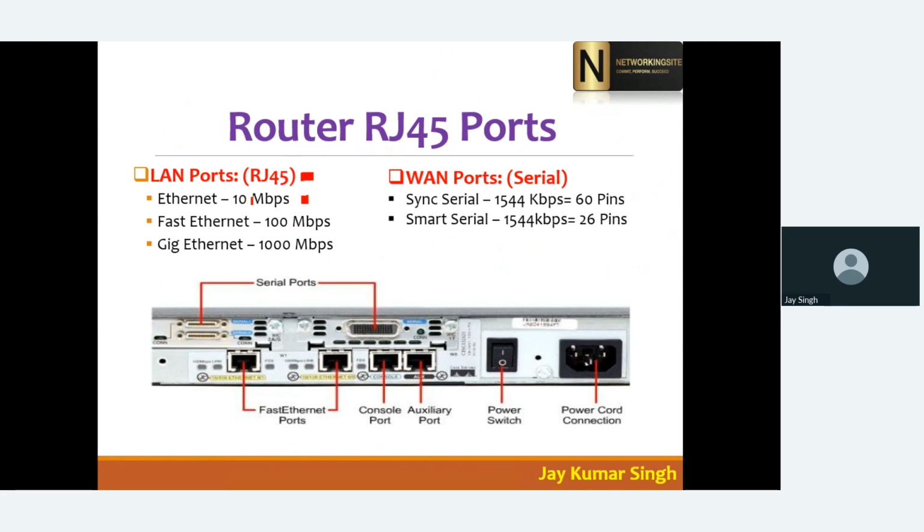Okay, and you already know that Ethernet supports up to 10 Mbps. So if you're using an Ethernet port device and you connect a 100 Mbps connection, it doesn't mean that it will start supporting 100 Mbps. It will only support 10 Mbps because its capacity is 10 Mbps. So that's why we have different types of port cables depending on our internet or LAN speed inside our organization.